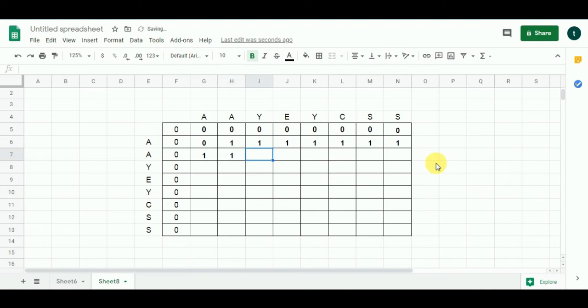Alright, now let's come over here. So we have A, let's match A with Y. So they don't match. That means we'll have to take the maximum value out of these two cells. So the maximum value is going to come out as 1. I will be putting 1 over here. Now, I am sure you are wondering why I have done so. Why am I taking the maximum value out of these two cells?